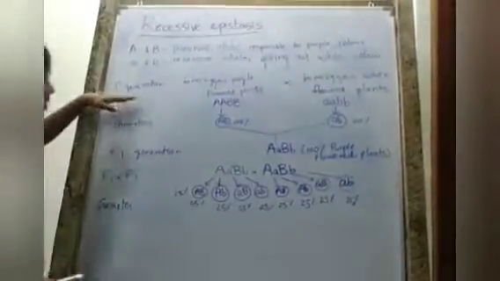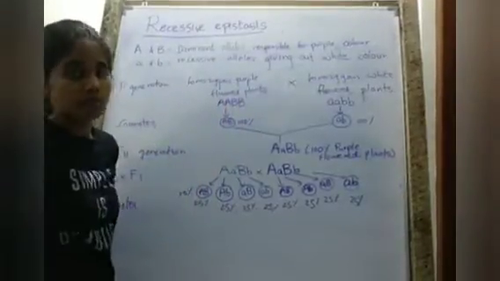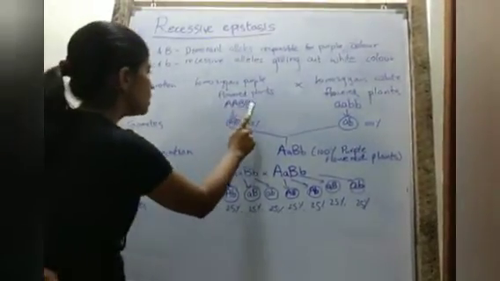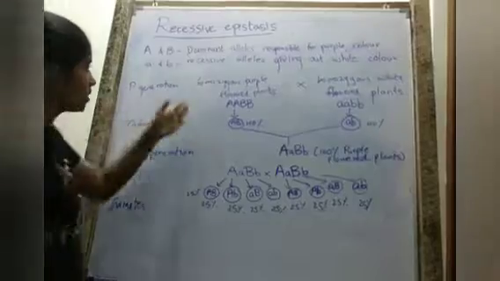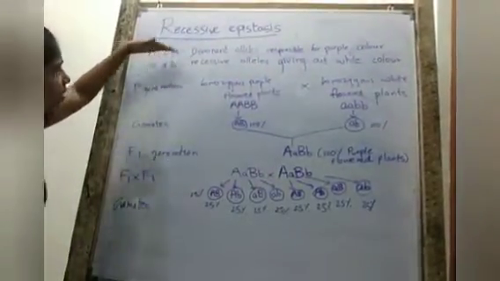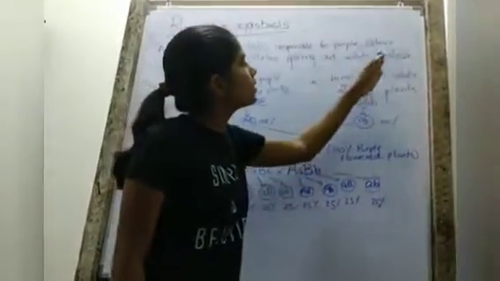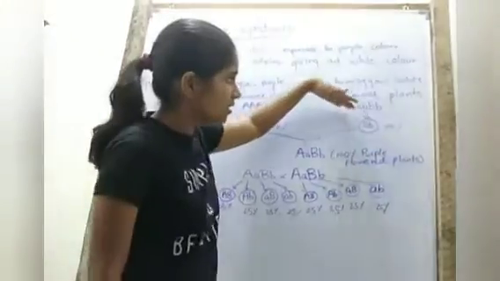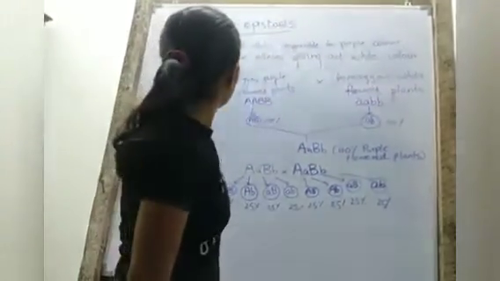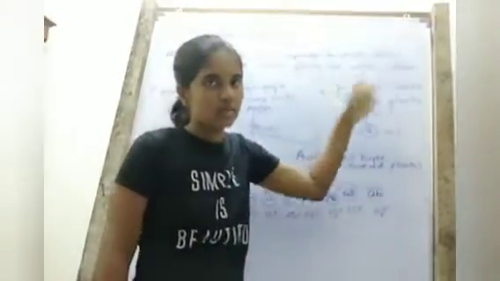So let's get to the parental generation. Here we have homozygous purple flowered plants. Fully dominant genotype capital A, capital A, capital B, capital B. So it definitely gives out purple color because purple is given out by the dominant alleles. And then the next parent is homozygous white flowered plants. Completely recessive genotype, simple A, simple A, simple B, simple B. So recessive alleles give out the white color. So definitely white flowered plants are given.